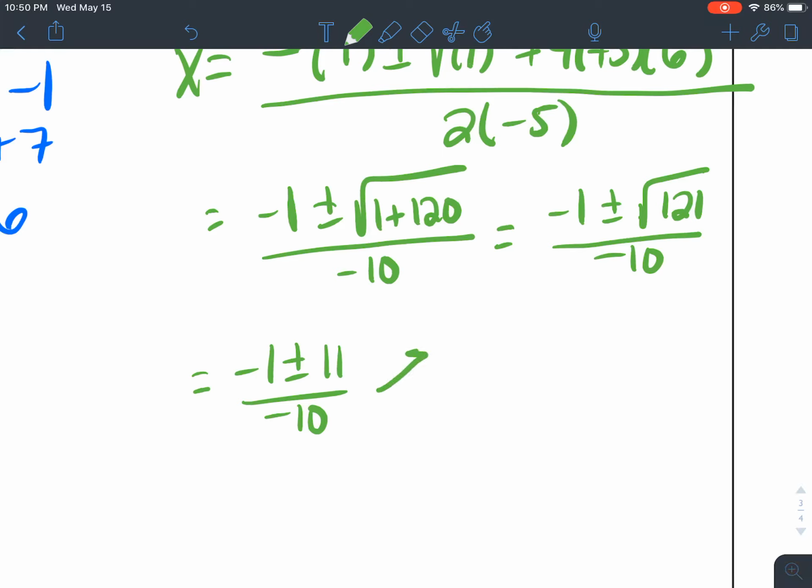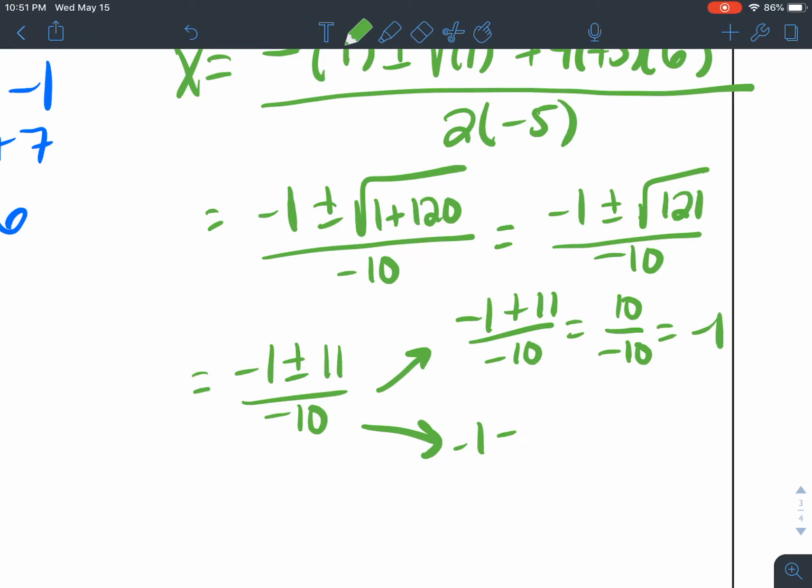So I'm going to have to split this off into my two separate equations. Negative 1 plus 11 over negative 10 would be 10 over negative 10. So negative 1. And then once, I'm going to use subtraction. So that gives me a negative 12 over negative 10, which reduces to a positive 6 over 5